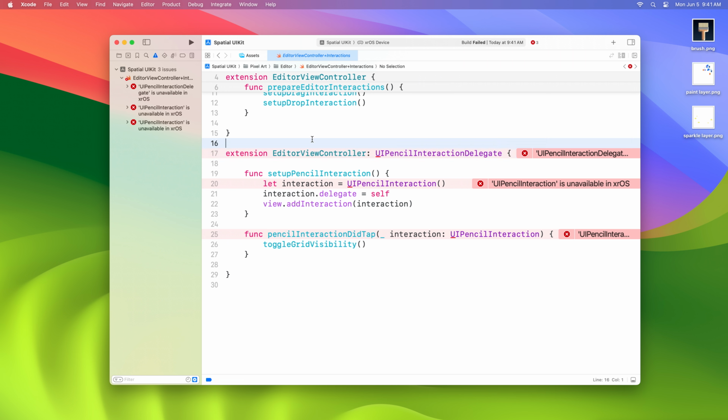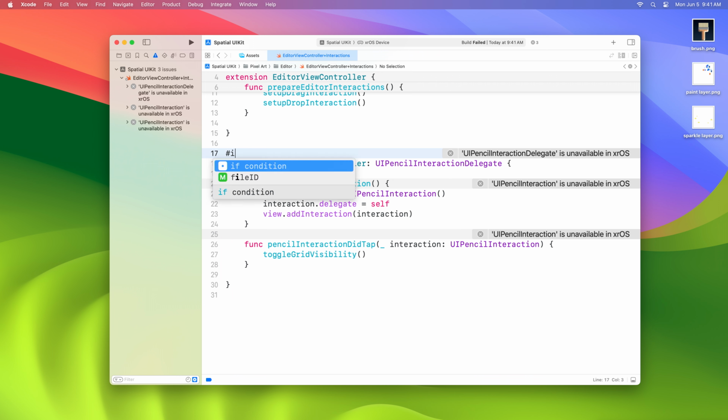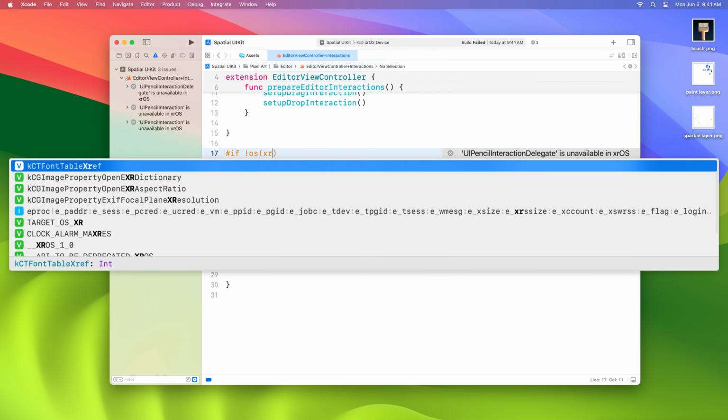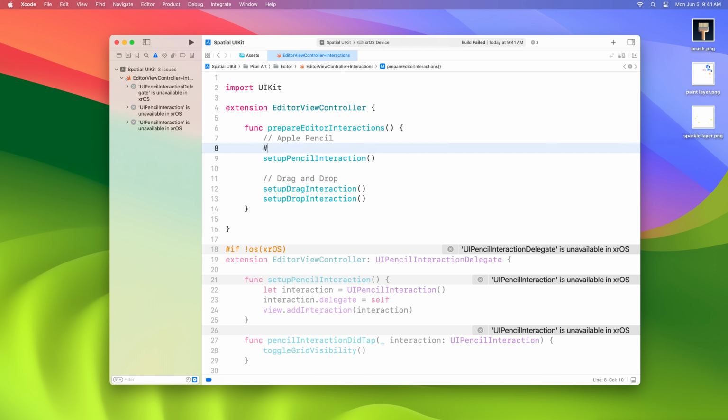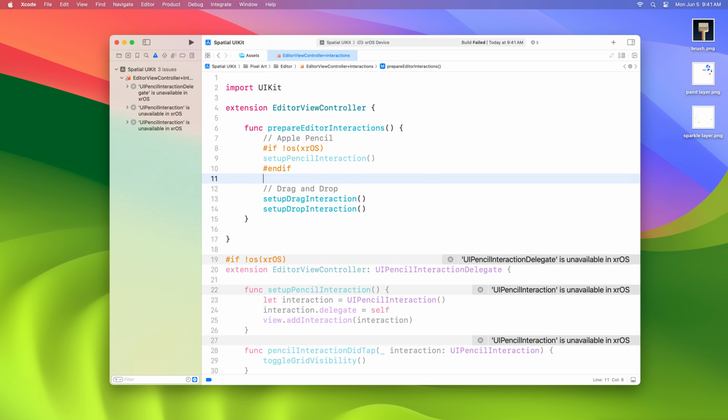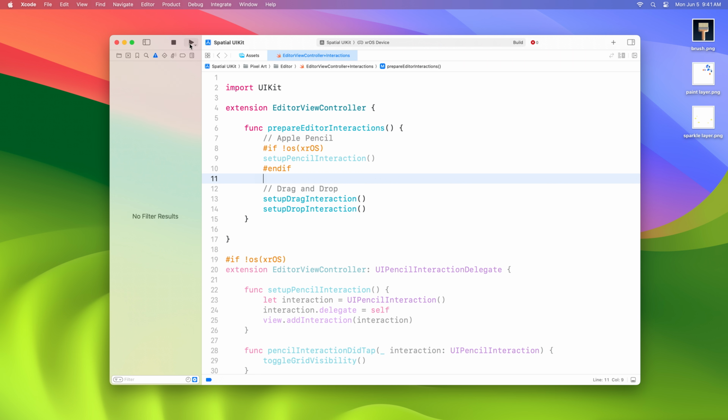I can easily conditionalize out this code to make it compile. Let's go ahead and try to build and run again.